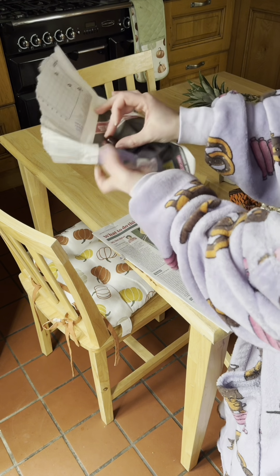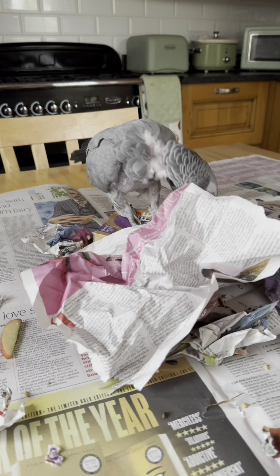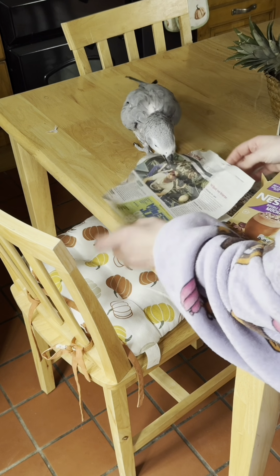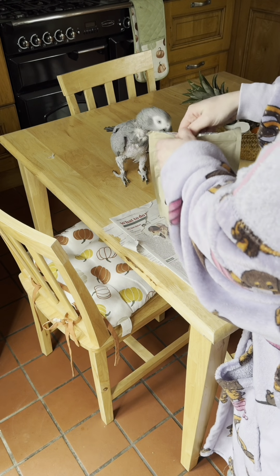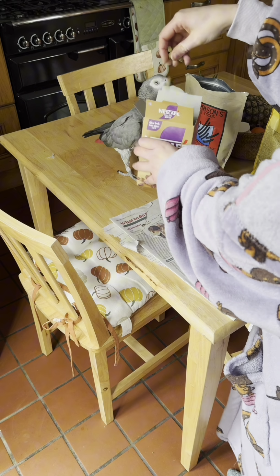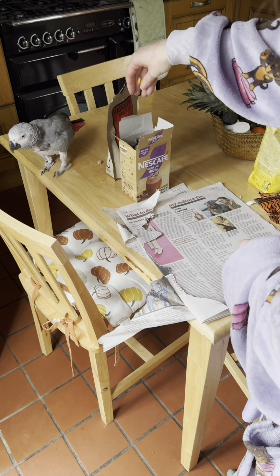And so what I do is I wrap up some goodies in newspaper and I stuff them into the box. A lot of what parrots do in captivity comes from watching us, and so it's really important that when I'm making this box, Jack sees what I'm doing and how I am putting things into it. That way, she knows that she's not wasting her time by going into this box. She saw the treats go in there with her own two eyes. If I just give Jack a box without showing her anything, it's very unlikely that she is going to just